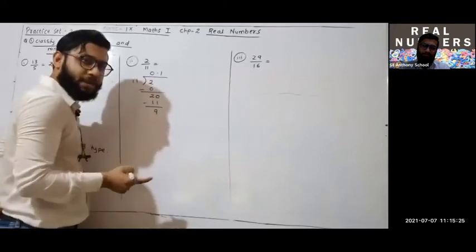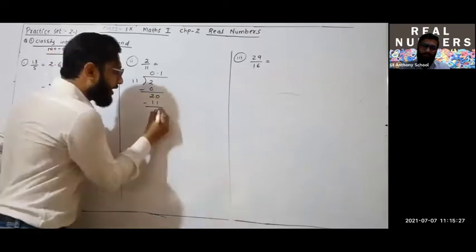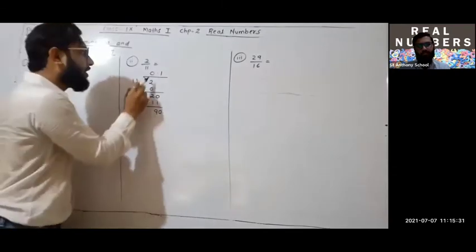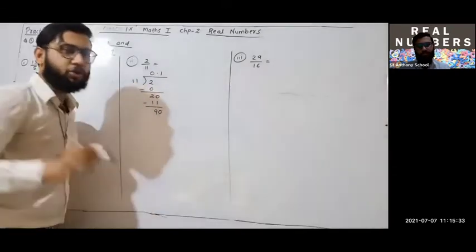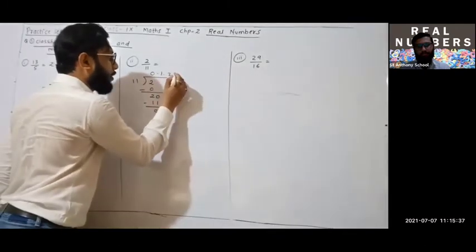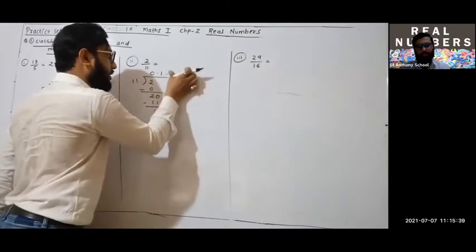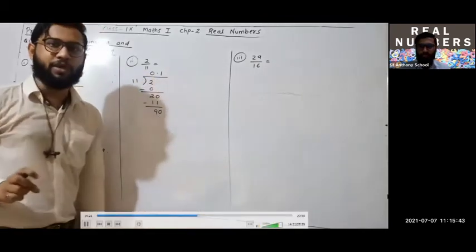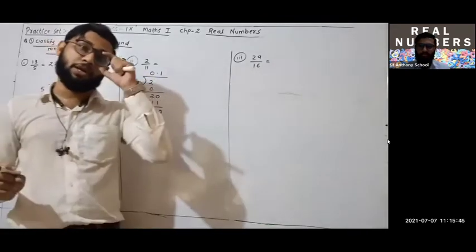So what you will do? You will again take 0. Sir, do we take the point again? No guys. Only one time you have to take the decimal point. Every time you keep adding 0, you don't need to take the point each time. Otherwise, writing the point again and again, that is not the decimal form. This is very much wrong. Okay, you have to take the decimal point only one time.